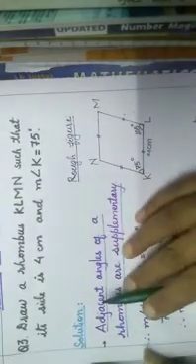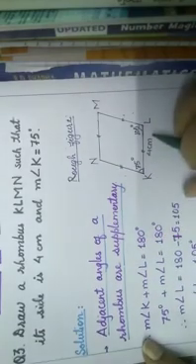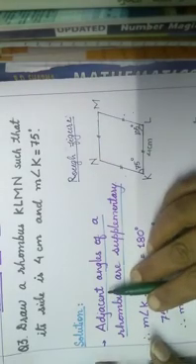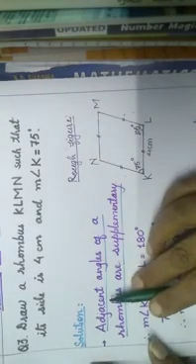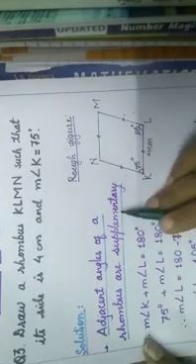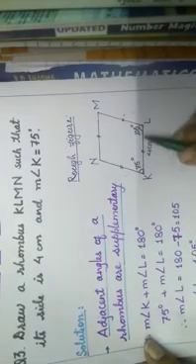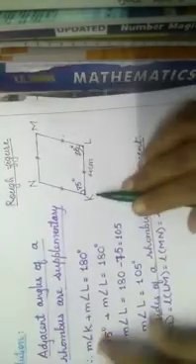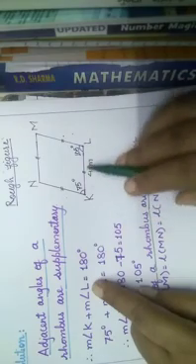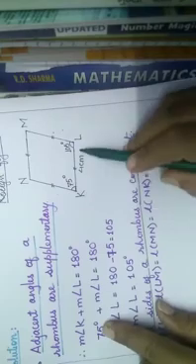So first of all, show the solution. Adjacent angles of a rhombus are supplementary. When an angle is to be found, what do we have to write? About angles. What do we know about angles in a rhombus? Which property can you use? So adjacent angles of a rhombus are supplementary. What do you mean by supplementary? The sum of the measures of those two angles, those that are adjacent, is 180 degree. So now see here, measure angle K plus measure angle L, they are adjacent angles, so their measures will be 180 degree. So we know K, we can find L now.